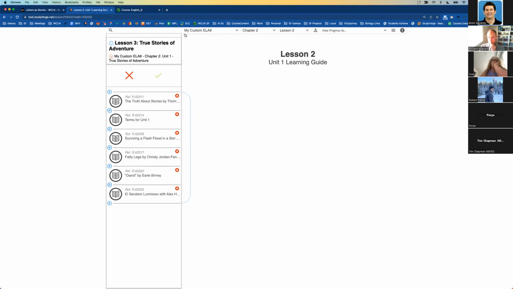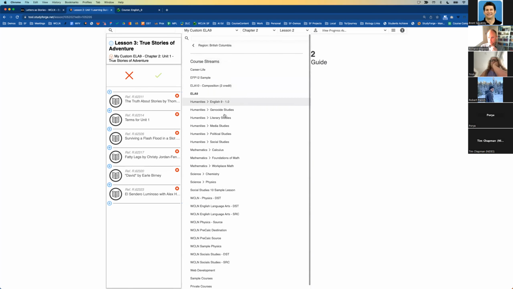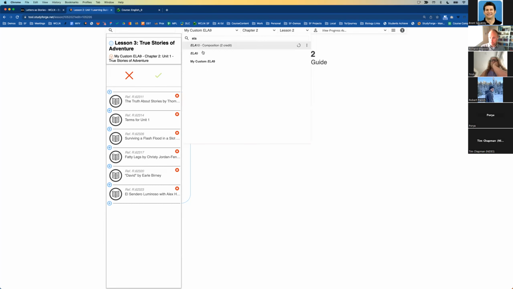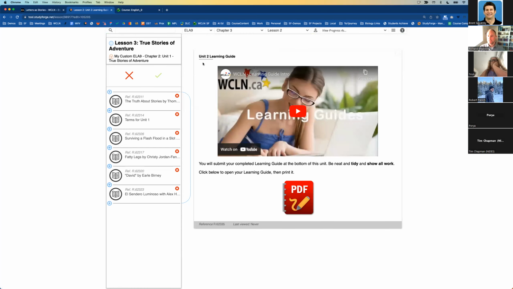I don't want the custom one. It's not showing there for a second here. Let me go to, there we go. Okay, so I just wanted to show here, if I came to this Unit 2 learning guide, or let's just